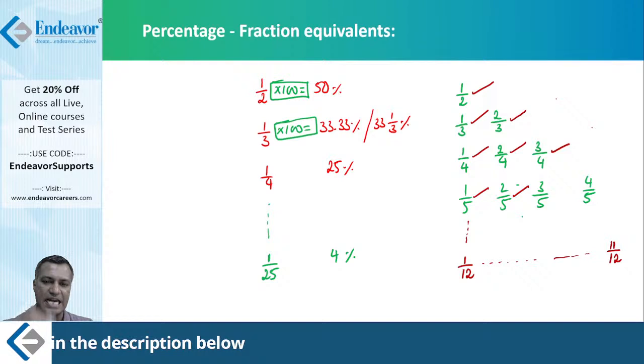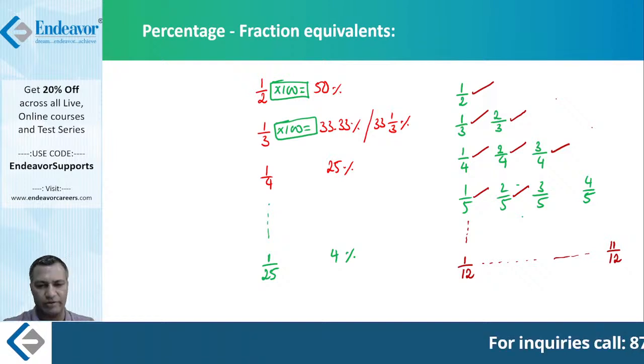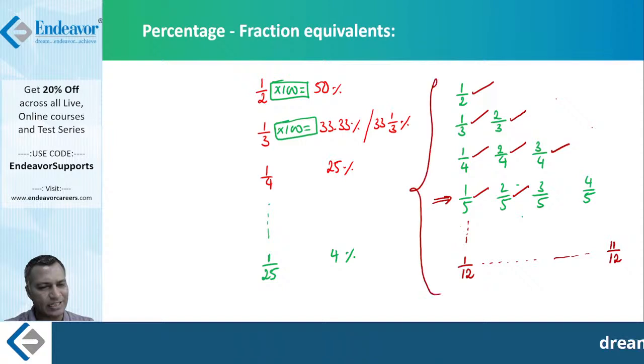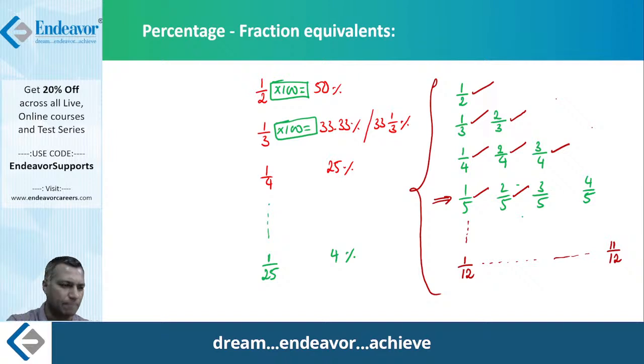Some of them may appear a little trickier. When you are doing the 1 by 5 series, it's fine. But when you do the 1 by 7 series, remembering to 2 decimal places might appear a little trickier, but that doesn't matter. It is worth that effort. I would like to go through this particular series. There are a lot of techniques, but I don't want to deviate much from here. For example, if you want to learn the 1 by 7 series, there are 2 or 3 niceties here.